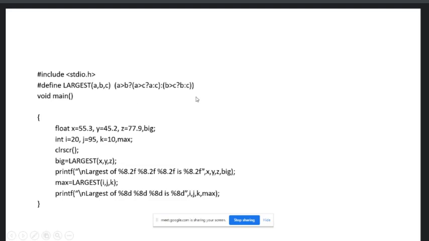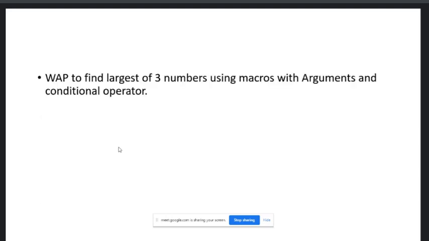Okay, and then the compiler is going to compile this. If there is no syntax error, then we have object code. So during execution, basically you can find the largest number out of these three numbers. Similarly, you can find the largest out of three integers also. Okay, so this is the simple question: write a program to find the largest of three numbers using macro with argument and conditional operator.